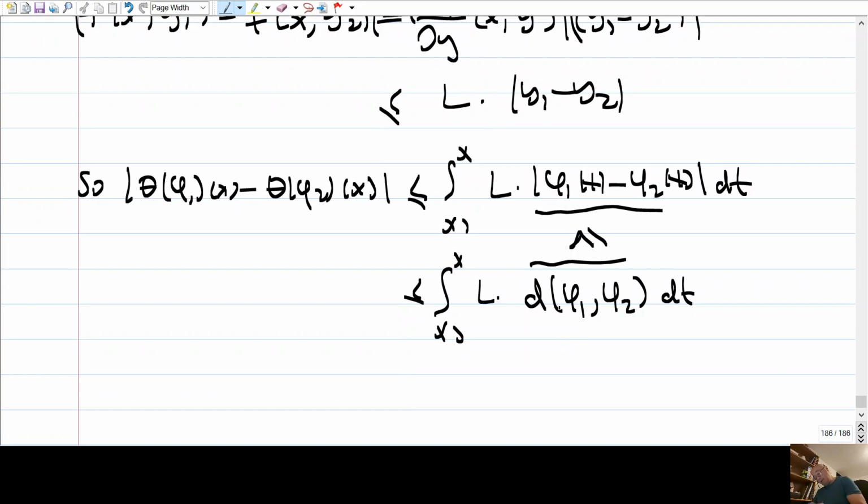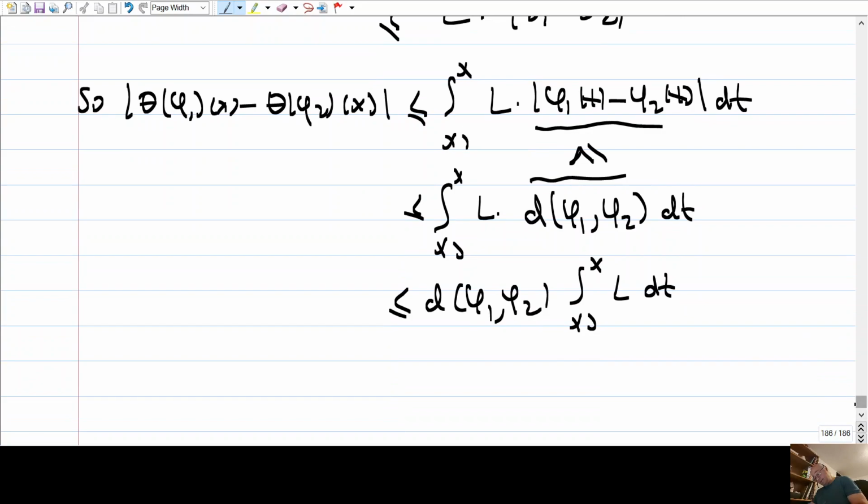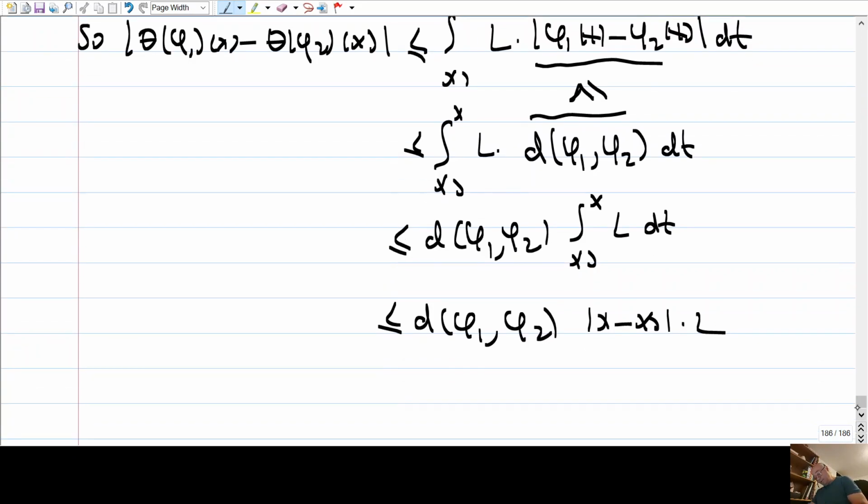But now this thing is a number, so I can take it outside the integral, and I get the integral from x0 to x of L dt, and this is just the distance x minus x0 times L, but x minus x0 is chosen to be less than delta, and L times delta is less than lambda. So this thing is less than lambda,